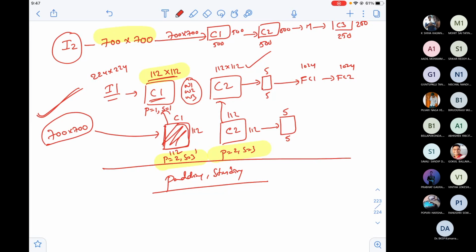But do I have that flexibility with fully connected layers? I don't have it, right? I don't have that flexibility at fully connected layers because there is no padding and striding applied with the fully connected layers. So something needs to be done with this. How do we handle this problem?